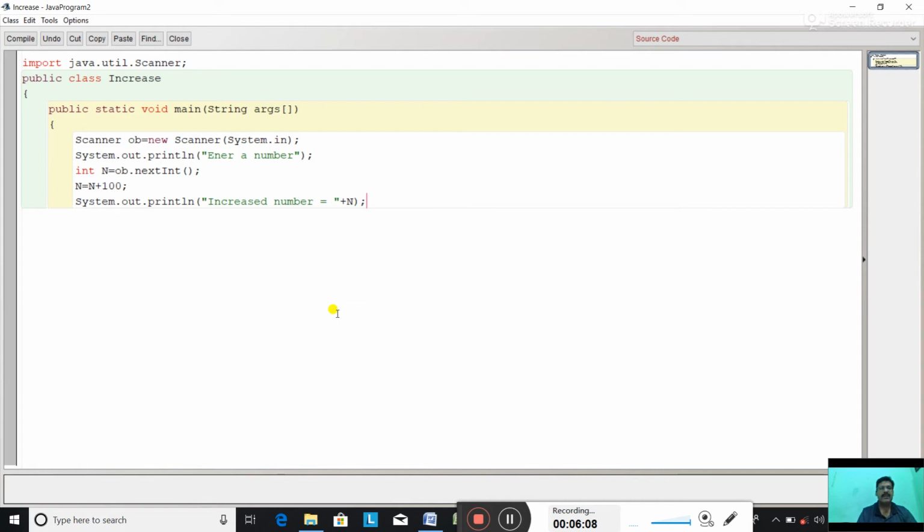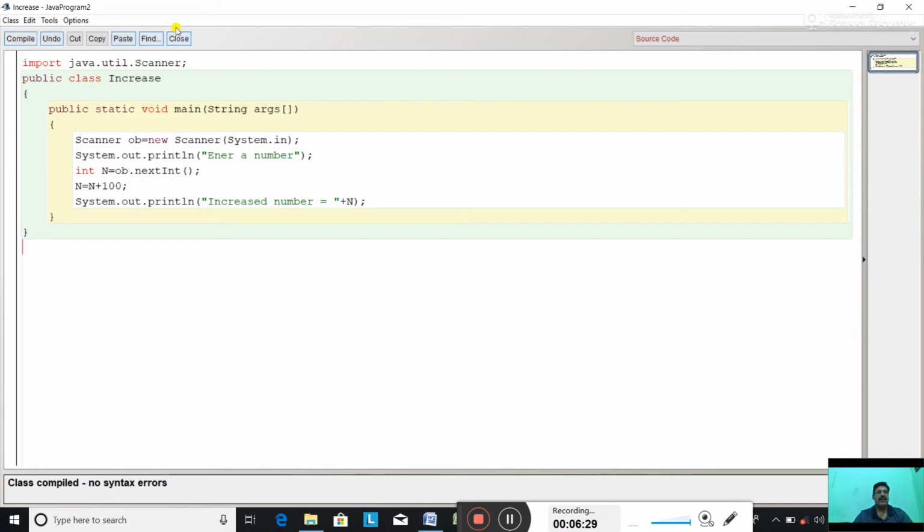Close it, close. That's all. Very simple. We have entered a number according to the question. The question was asking to input a number and print the number after increasing it by 100. We have entered a number int n equal to ob dot nextInt. We have increased the number by 100, n equal to n plus 100, and System out println increased number equal to n. Compile. No syntax error.